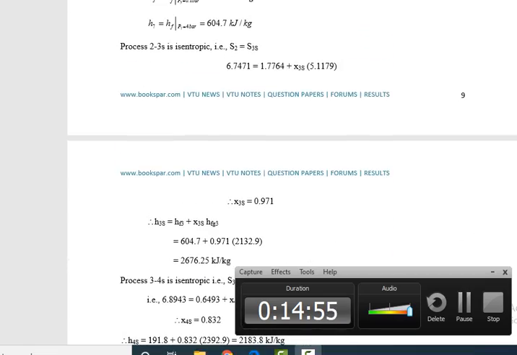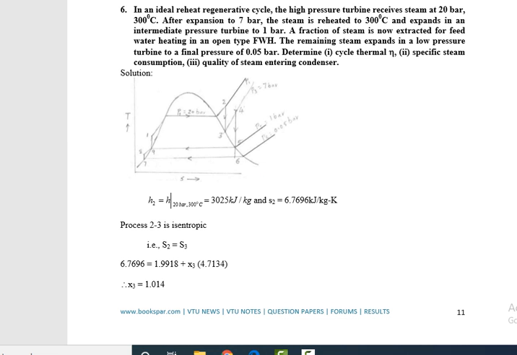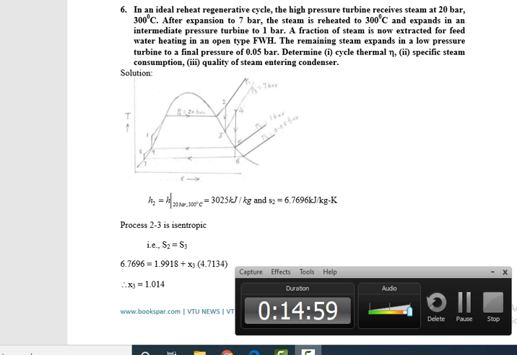And this is the end of the first numerical. Then go to another numerical. In an ideal reheat regenerative cycle, the high pressure turbine receives steam at 20 bar, 300 degrees Celsius. After expansion to 7 bar, the steam is reheated to 300 degrees Celsius and expands in an intermediate pressure turbine